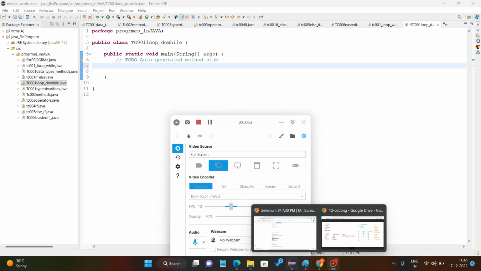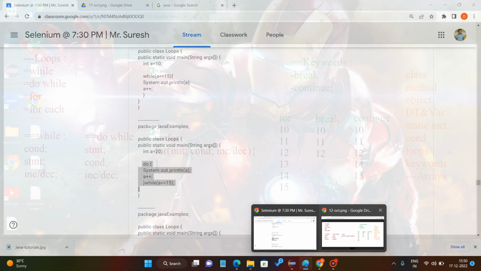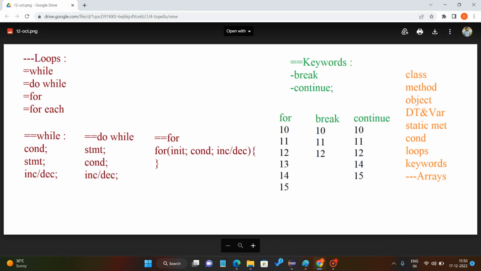Hi guys, and today I will explain the do while loop. One type of loop is the do while loop. I already explained the while loop, and